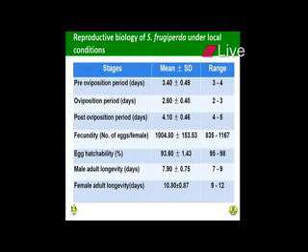Pre-oviposition period ranges 3 to 4 days. Oviposition period 2 to 3 days. Post-oviposition period 4 to 5 days. And fecundity 135 to 1,167 eggs at the laboratory conditions. Egg hatchability percentage is 95 to 98%. Male adult longevity is 7 to 9 days, and female adult longevity